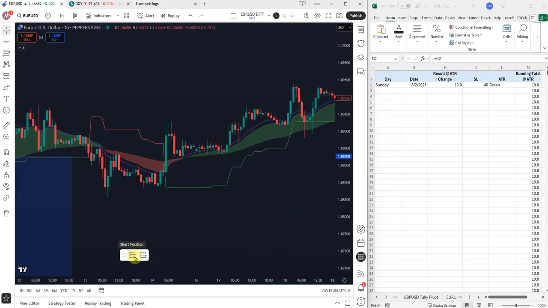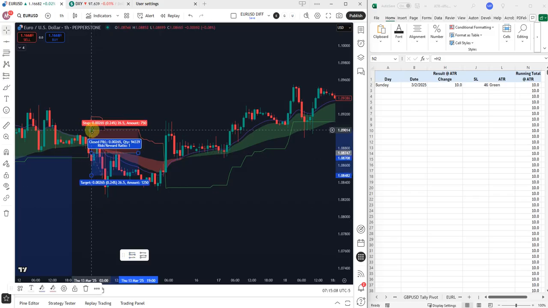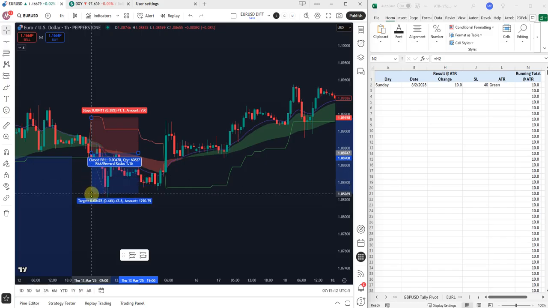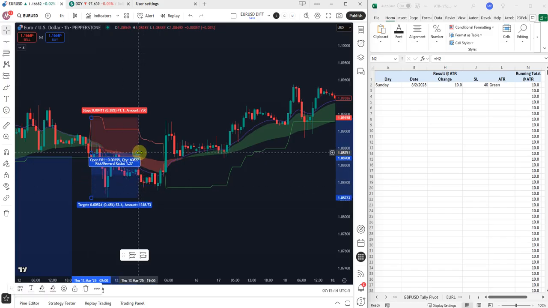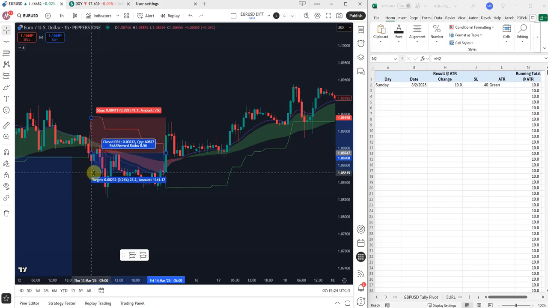The short position is going to be right here. Our stop loss here was about 41 pips, and it changed color right here. This is where it changed color. This is when we'll actually see it. So it looks like if we hadn't closed it, if we're waiting for the ATR to change, then we got